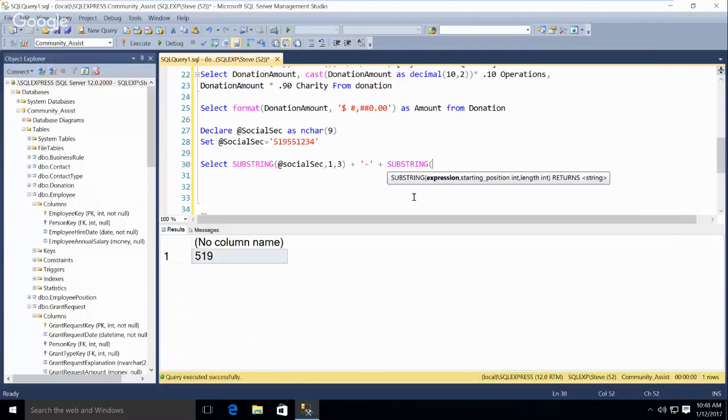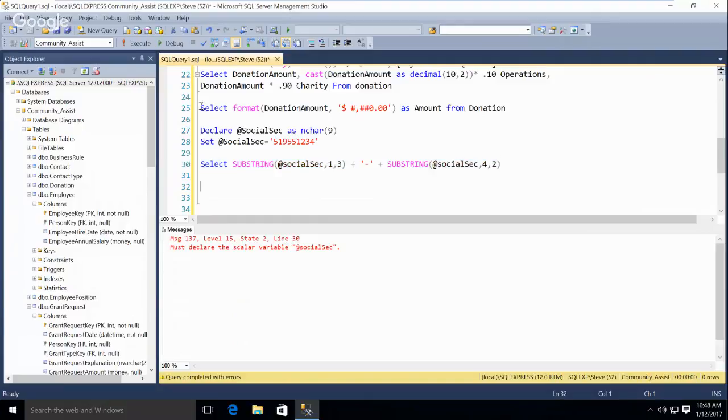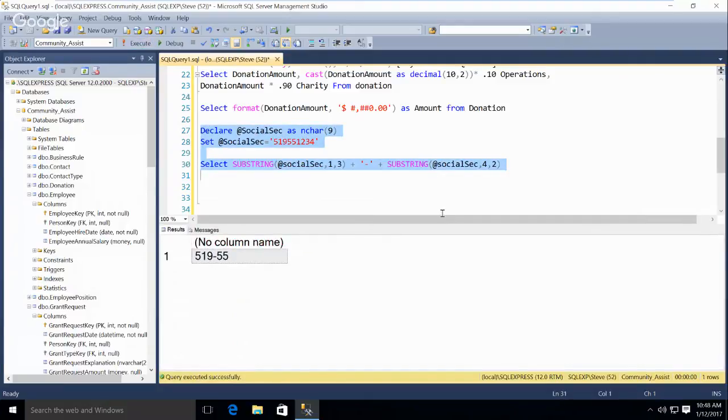And we'll do the same @ social thing. We'll start at character, I guess it would be 4. And we will go, what, 2 characters? Now, just to see if that works. And again, I have to run the variable with it. Okay.